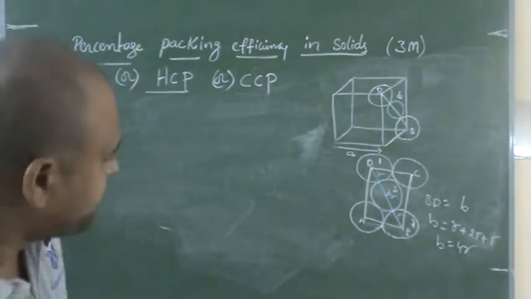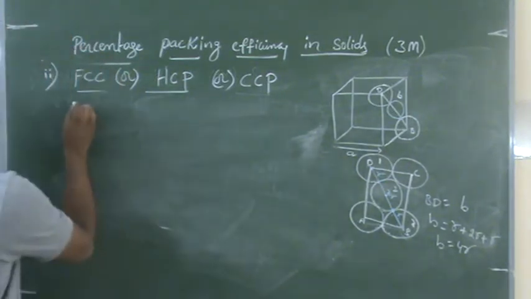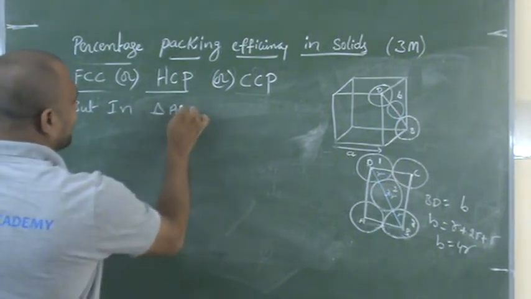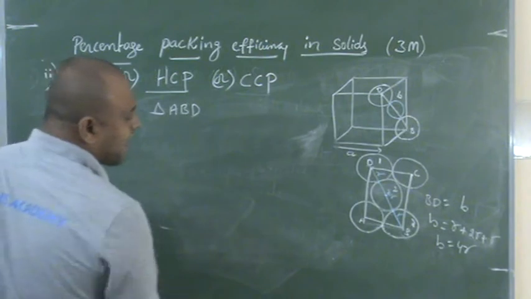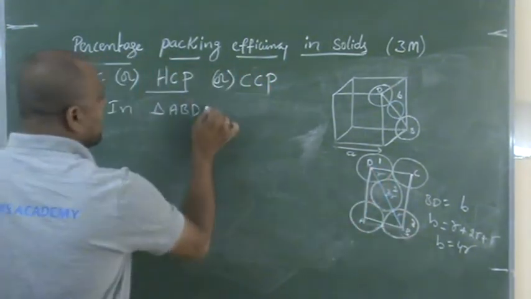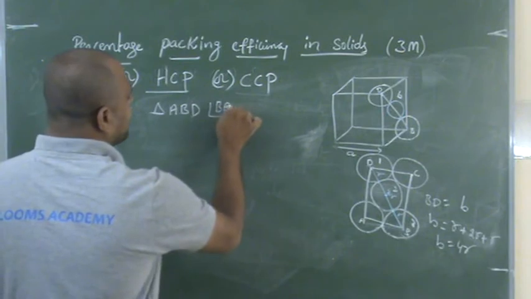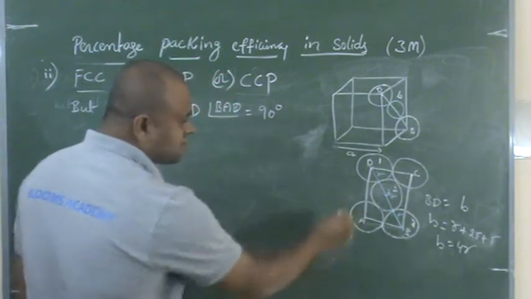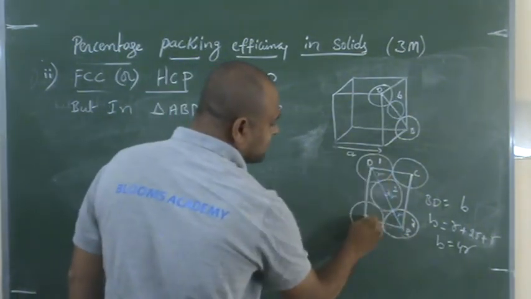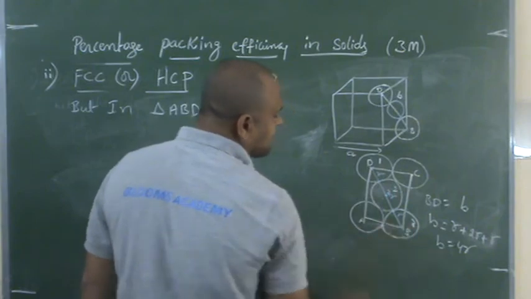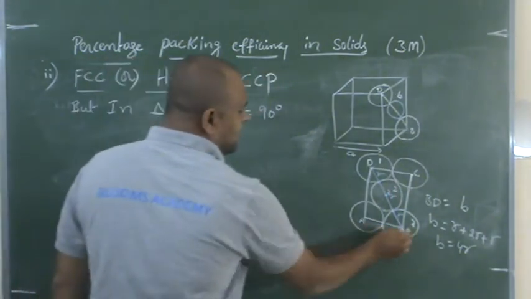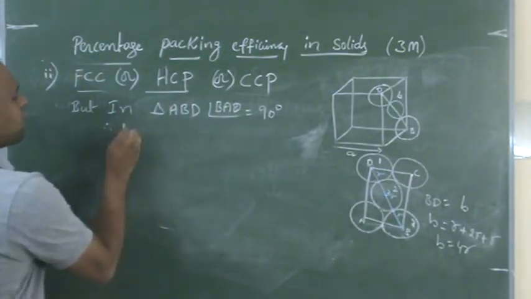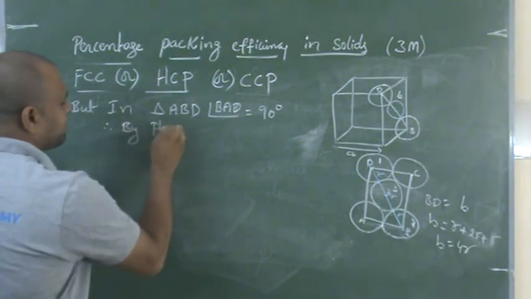Next you see, in triangle ABD, angle BAD is equal to 90 degrees. Because this is a cube, see this looks like a right angle triangle. AD is perpendicular to AB, right? That's why BAD is 90 degrees. Is it correct or not? Yes. Therefore by Pythagoras theorem,